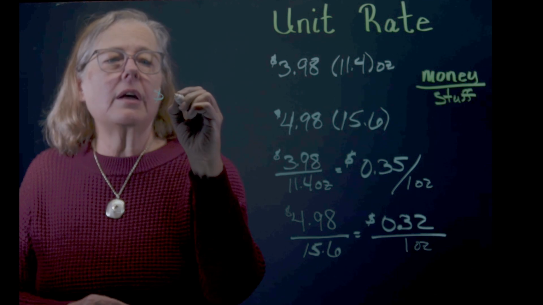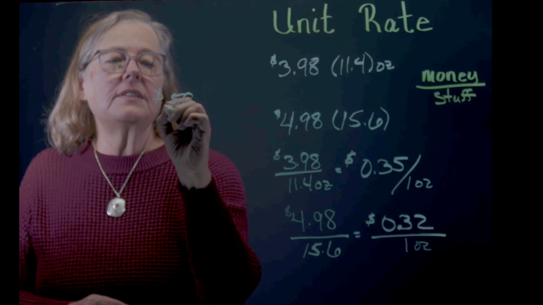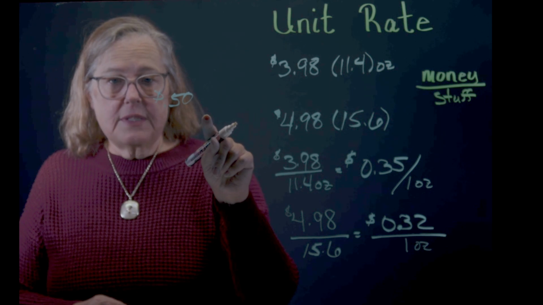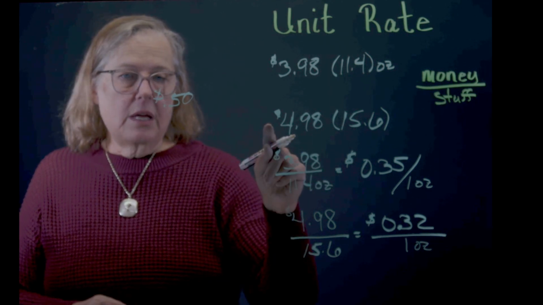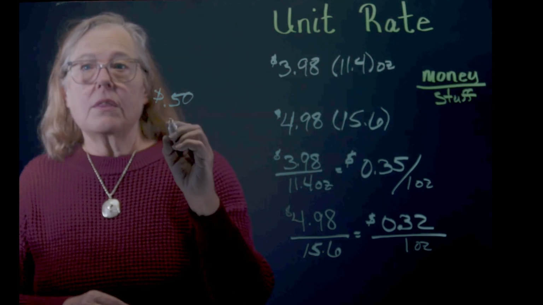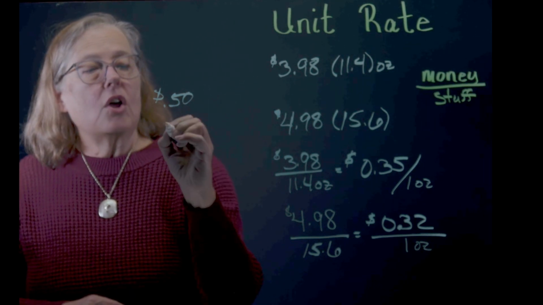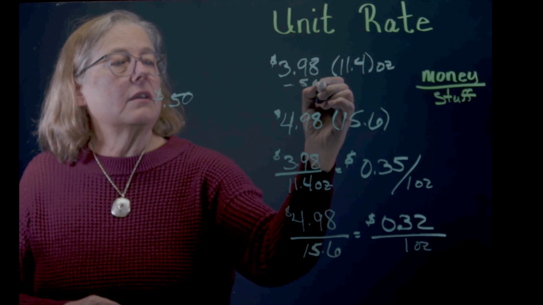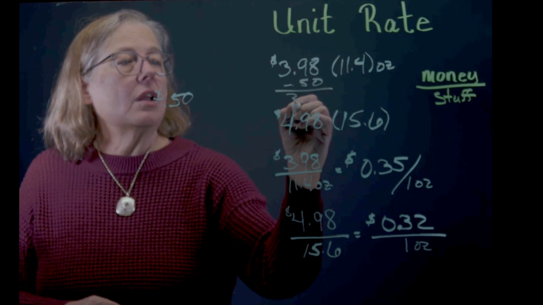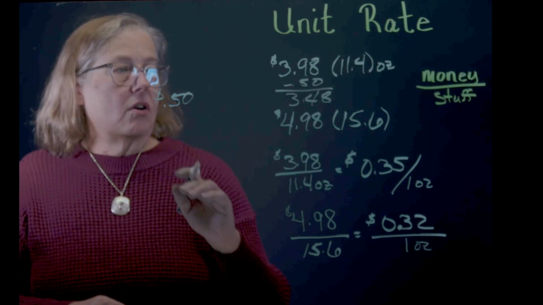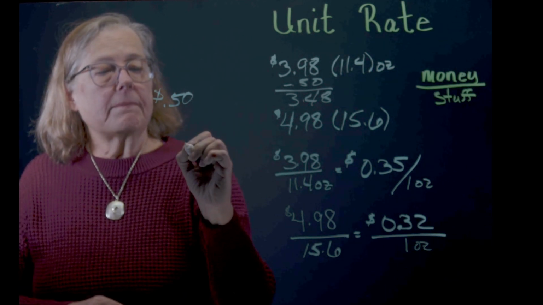Make this pen work right. We're going to take off 50 cents for the small box. Well, now if we take off 50 cents, how much is the small box of cereal? The small box of cereal becomes $3.98 minus 50. It becomes $3.48, right? All right, so if it's $3.48,